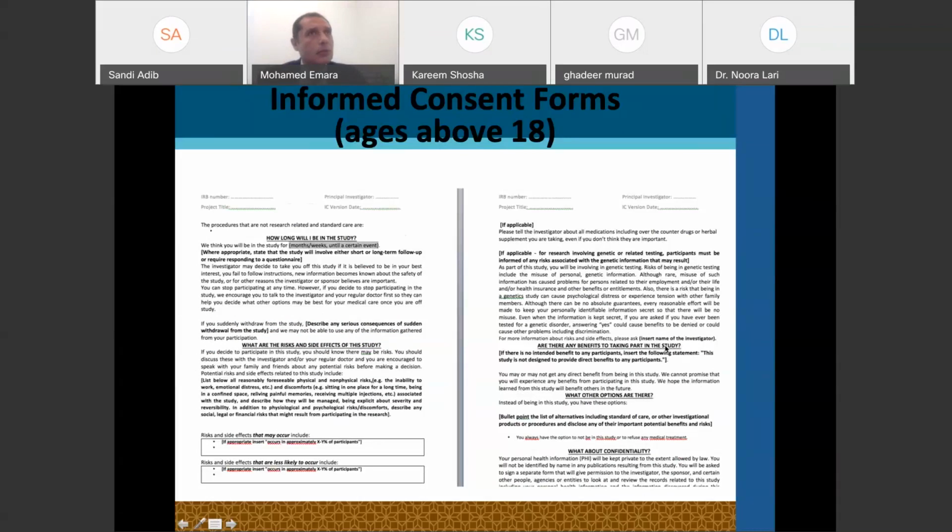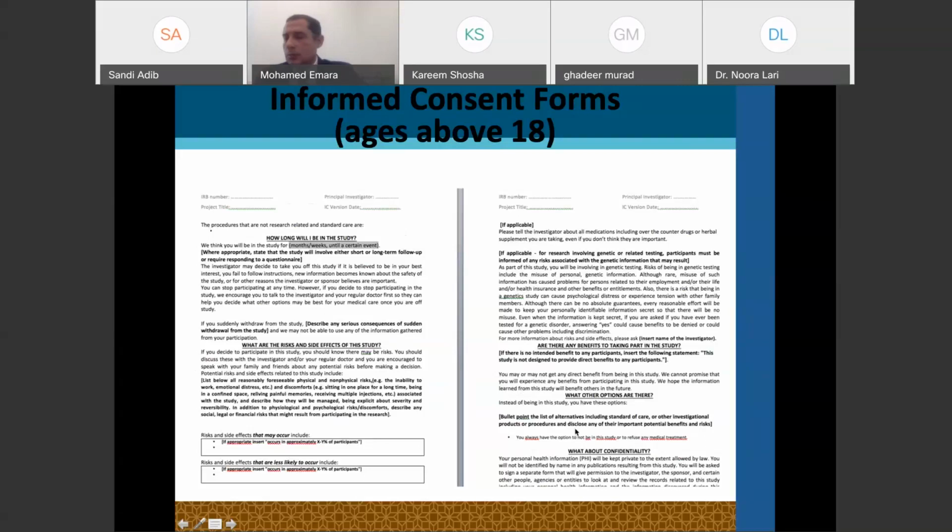Are there any benefits? Is the participant going to get any benefits from the study? Usually, in this kind of study, there are no payments. Some studies have payments, and this is another dilemma. But here you're going to say, okay, there is no direct benefit that you're going to get, but the outcome from these research studies will help the researchers to find the drug and so forth. What other options are there that I have?